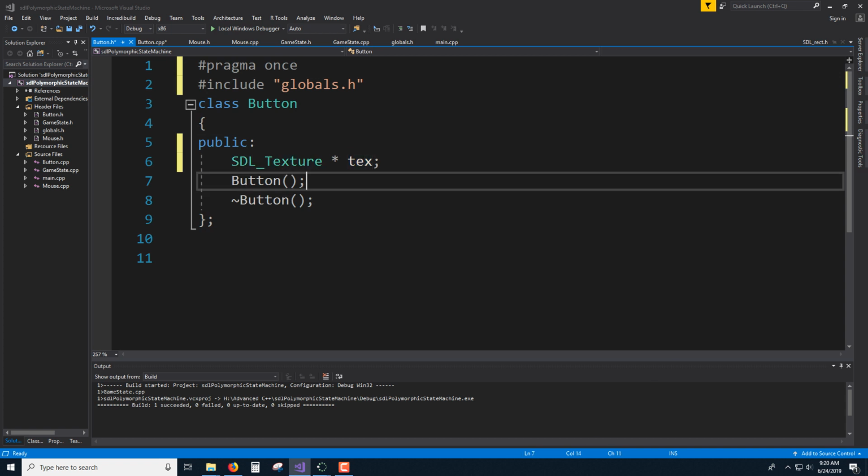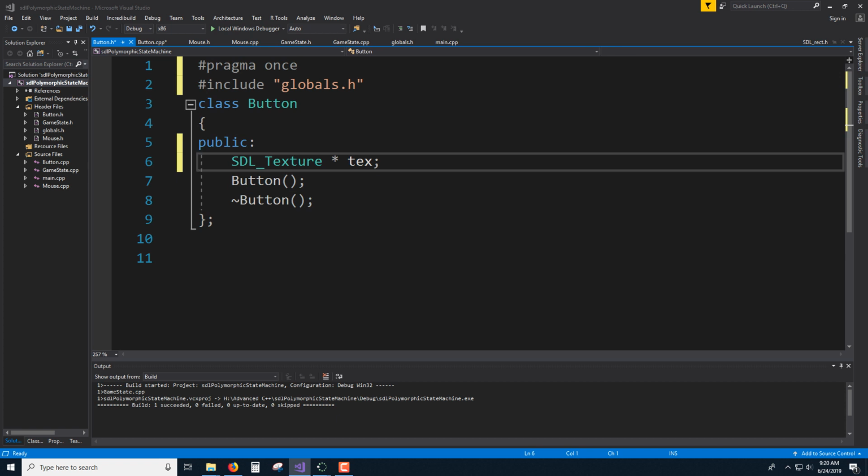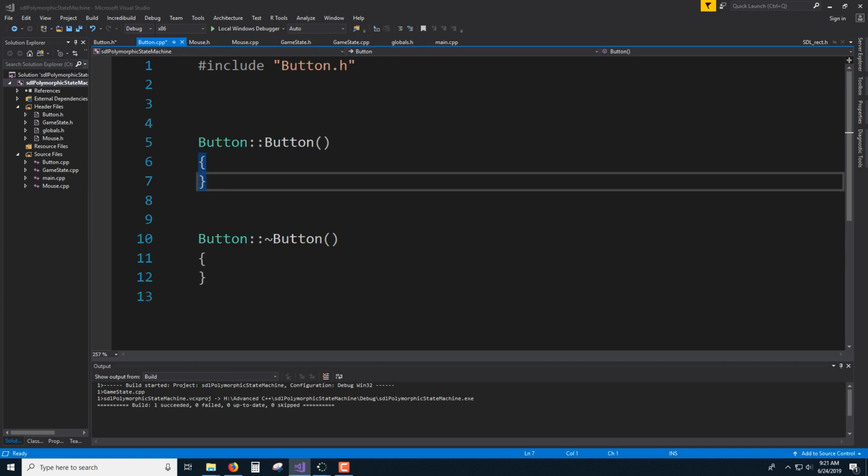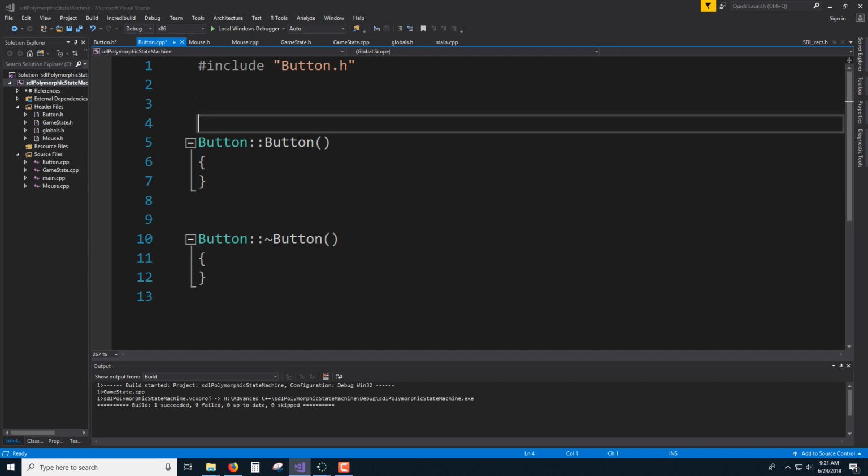But if I've only got one image, and it has all of the images I need, this is static. Right? There's no reason to load this texture over and over again for every button. I just load it once. And then we can initialize it in button CPP. The only problem is